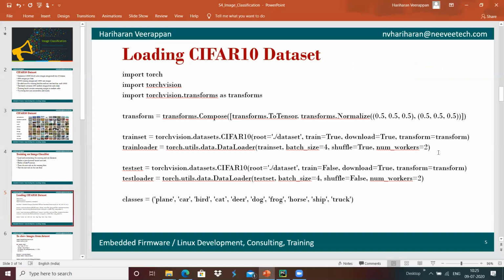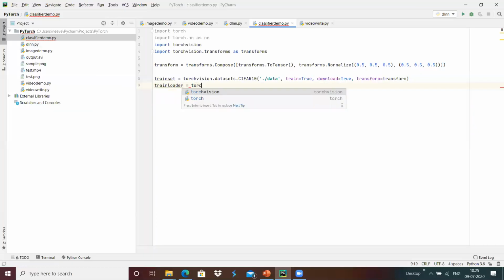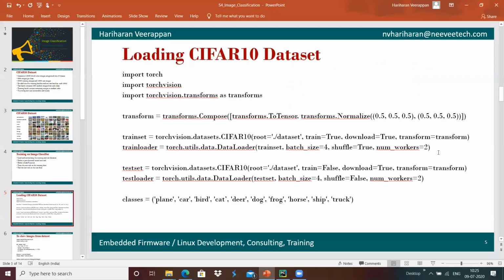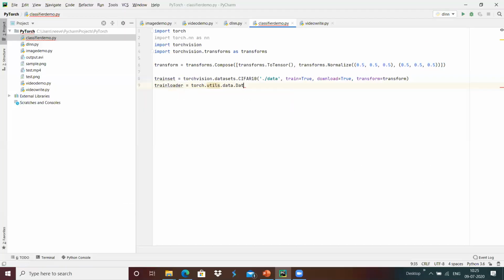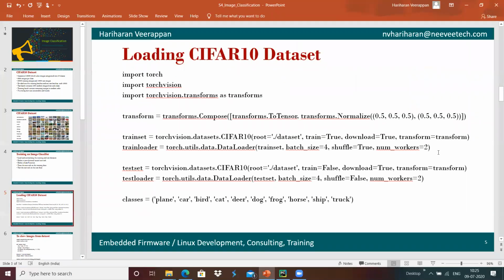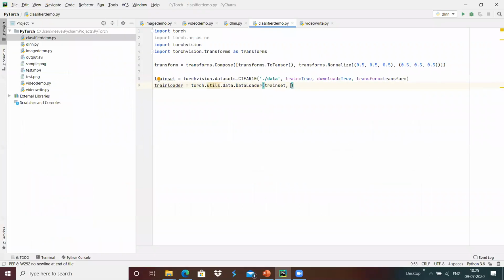Equals torch.utils.data.DataLoader, which we are going to use to load the train dataset that we have loaded from the file, the trainset over here, with the information batch_size equals 4.